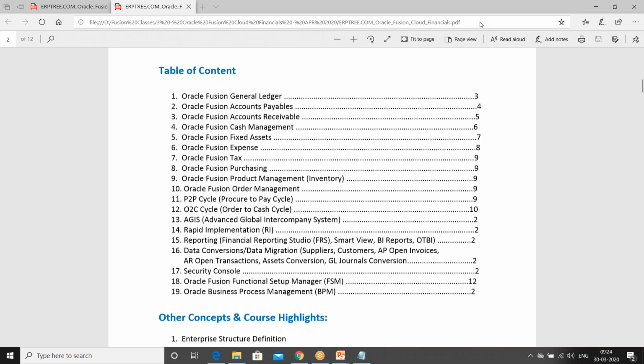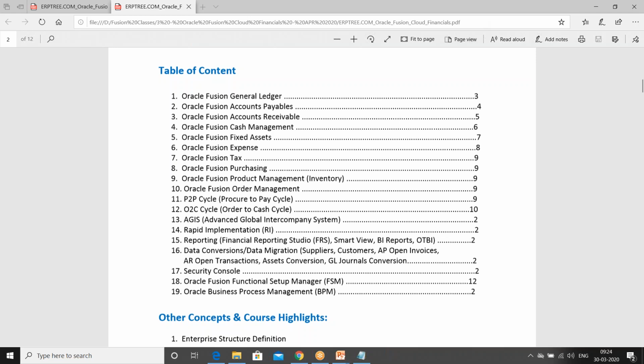If project billing is implemented, I have to do the billing draft invoice creation in project billing. Then only can we see how that can be interfaced to accounts receivable. And if it is a capital project, how we can send that capital cost to the project, fixed assets application, all you can see. For that reason, we would have to implement projects also. Our training is related to finance, so we are not going to touch that at all.